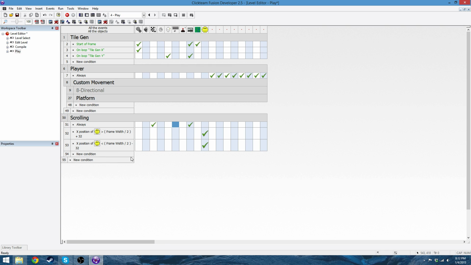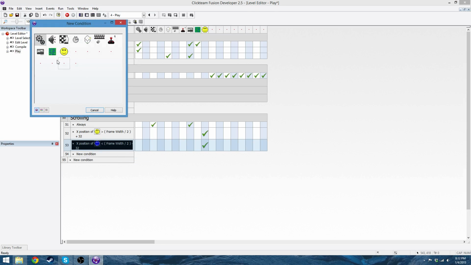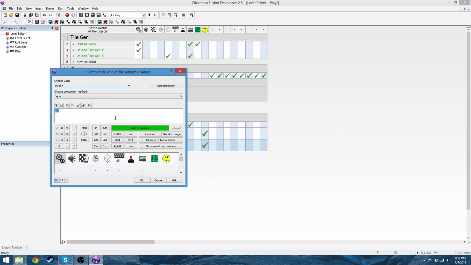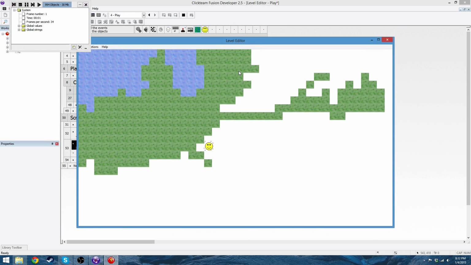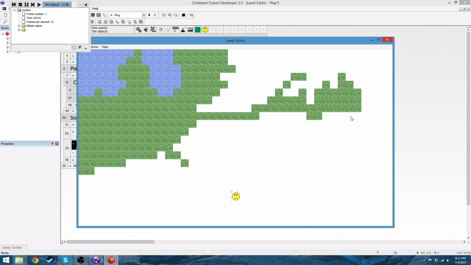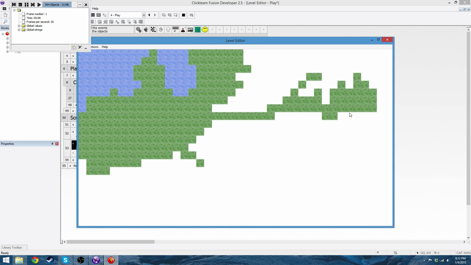And then the one thing we also need is if it's lower than that and his ultra value scroll X is greater than 0. So now it won't scroll, but as soon as we get this far, it'll start scrolling. It jumps around a little bit,